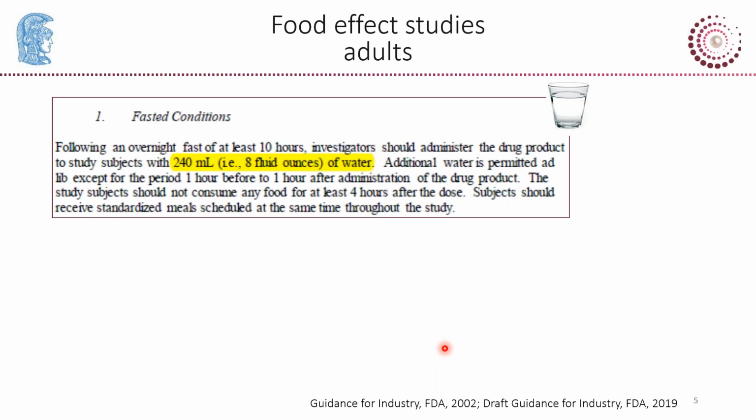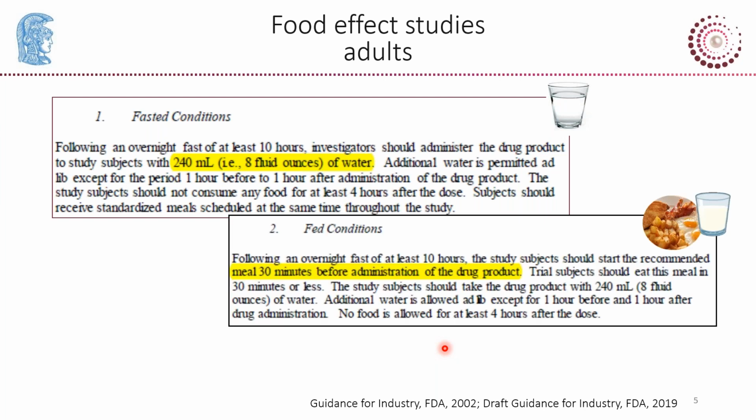To date, bioavailability and food effect studies for orally administered pediatric products are performed in adult volunteers according to regulatory guidelines, with the application of suggested fasted conditions. That means the formulation is administered with a glass of water. Now, in order to achieve fed conditions, FDA suggests the consumption of a high-calorie, high-fat solid liquid meal with approximately 1,000 kilocalories and approximately 60% fats 30 minutes before the administration of a drug product.